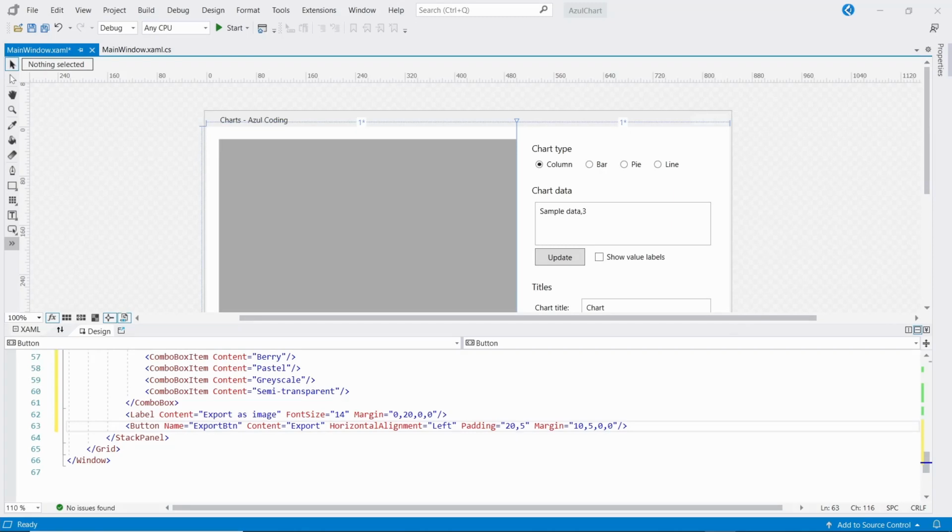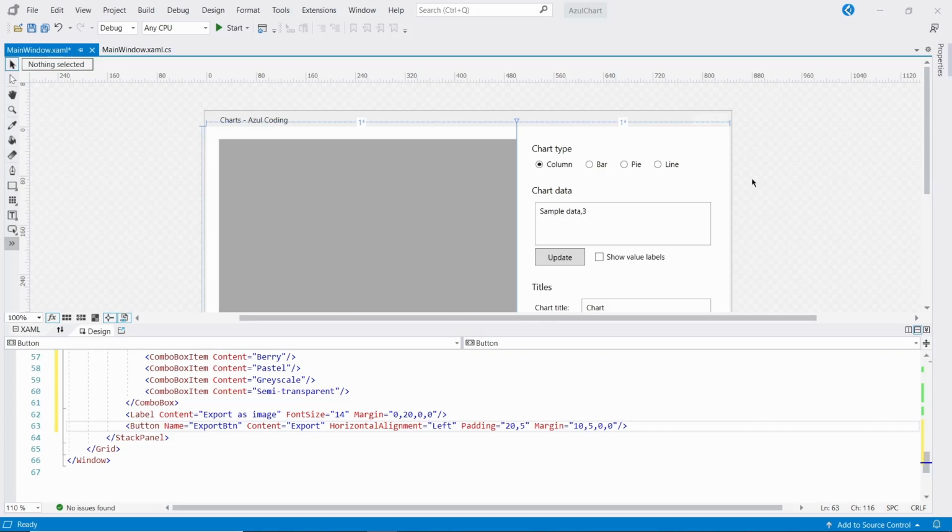In this video I'll show you how to customize a chart in WPF. This is part 2. Be sure to check out part 1 if you haven't already, where I explain how to create your chart. But in this video I'll show you how to customize that chart and export it as an image. As always, there will be a link to all the code in the description down below. I'll be writing this in C#, but there's a VB.NET translation available if you follow the link and scroll down.